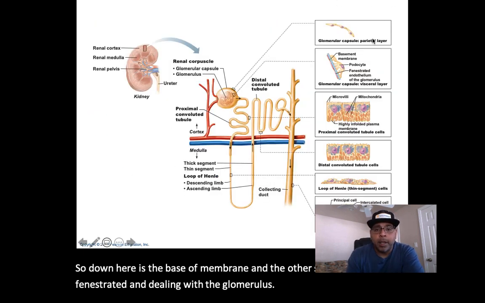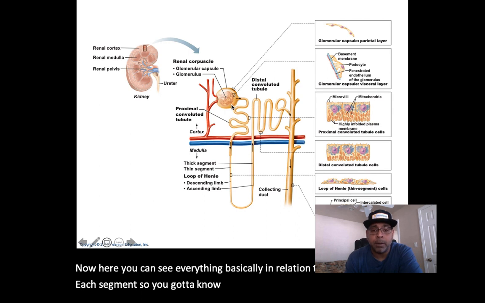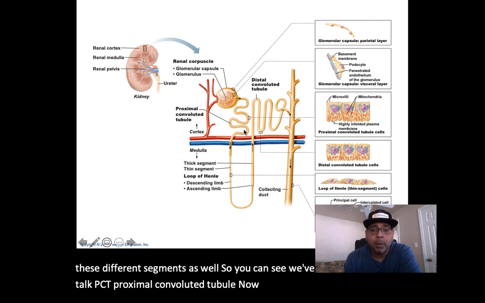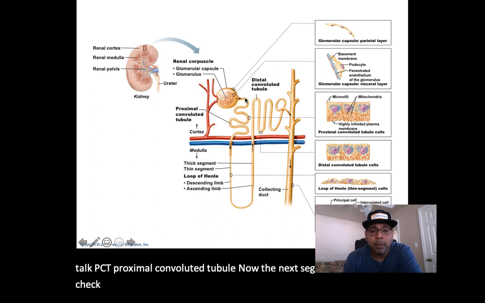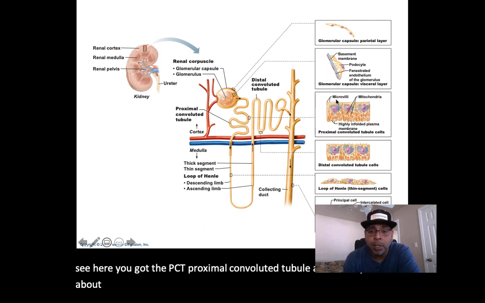Now, here you can see everything basically in relation to each segment. You've got to know the histology for each of these different segments as well. So you can see we've checked that out. We talk PCT, proximal convoluted tubule, the next segment we're able to check out. This tubule system is now forming, and you can see here the PCT, proximal convoluted tubule. And when you talk about the histology, you can appreciate here